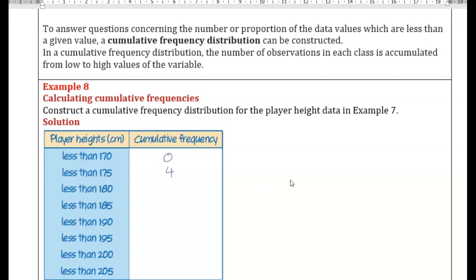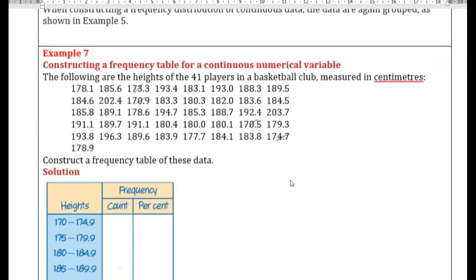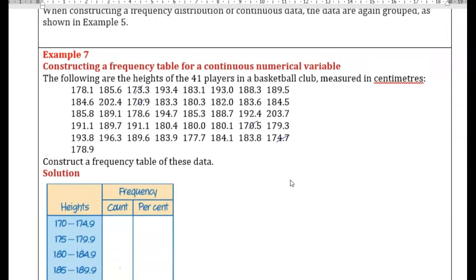Less than 180, so let's go up. Now remember, this is cumulative frequency, so we're looking at what we had beforehand. I've been crossing them off, so you can see I've crossed off 4 players there. And now we're looking at less than 180. So I'm including those 4, plus now the others that are under 180. So there's 1,